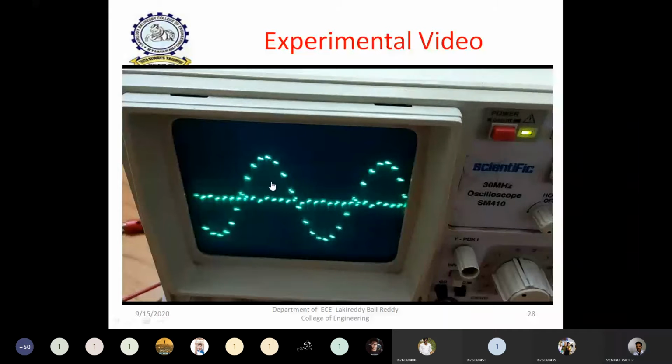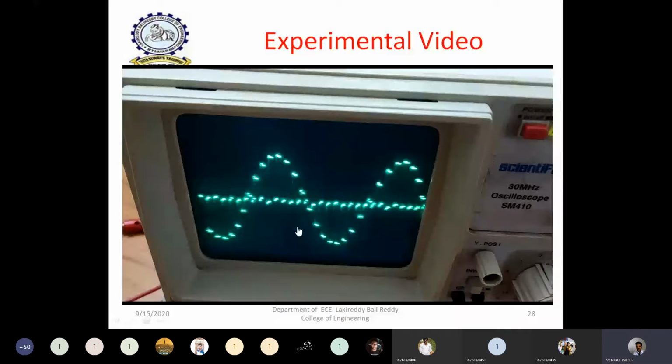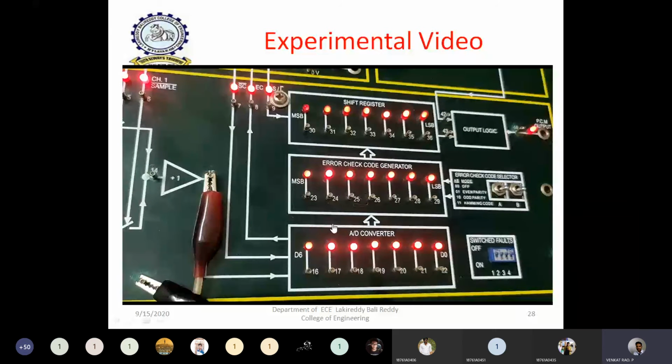Next, when we observe here, all of you observe what the encoded output is after the encoder. You observe that all the LEDs are turned on only. That does not indicate all ones. It is not the indication of all ones because when you observe the sampled output in the signal, a number of samples are there. Based on the number of samples, each sample value, or each quantized value, is encoded.